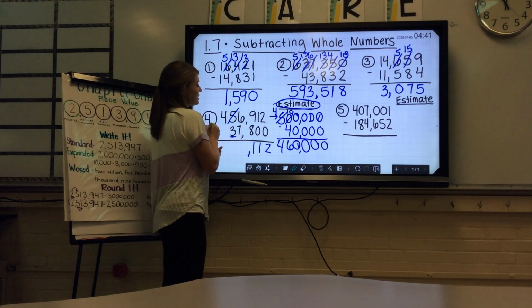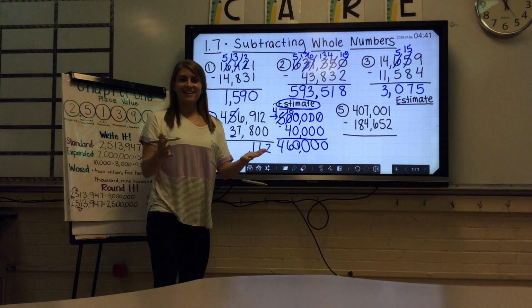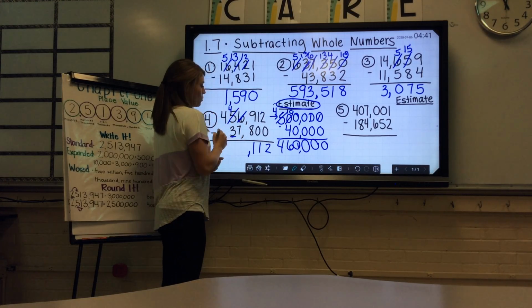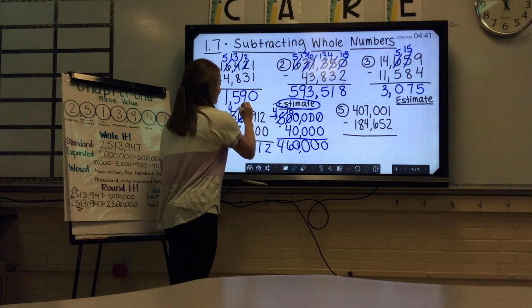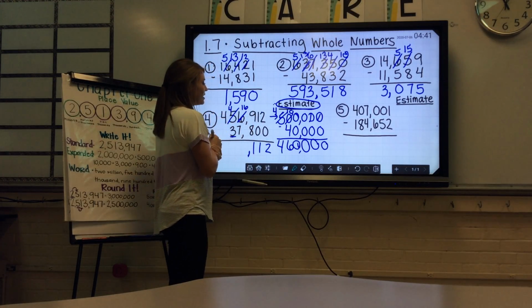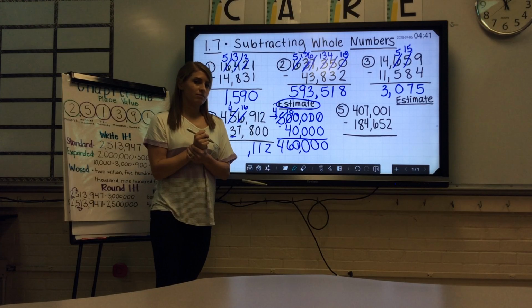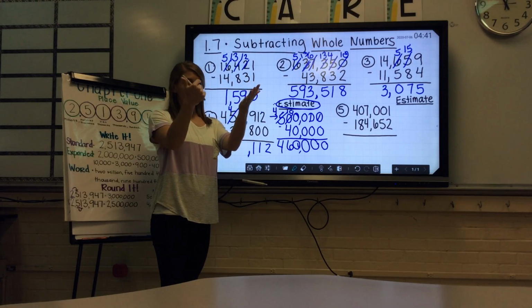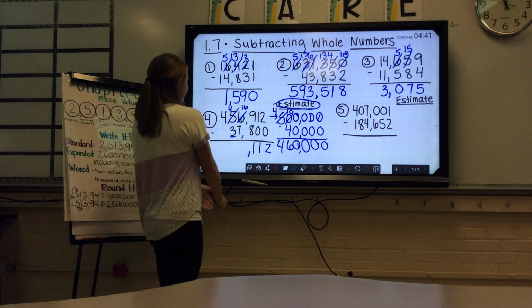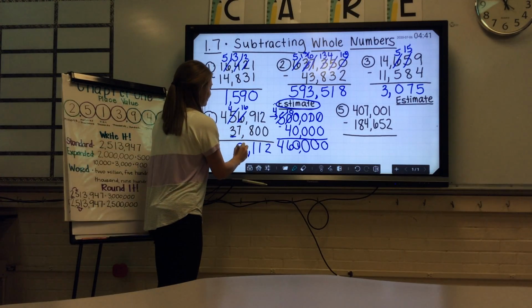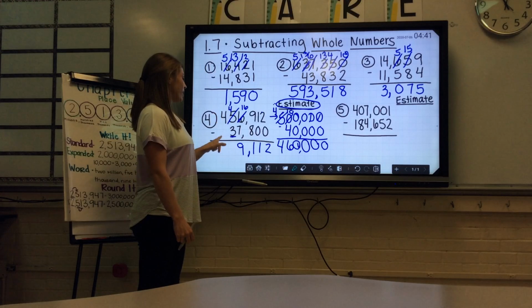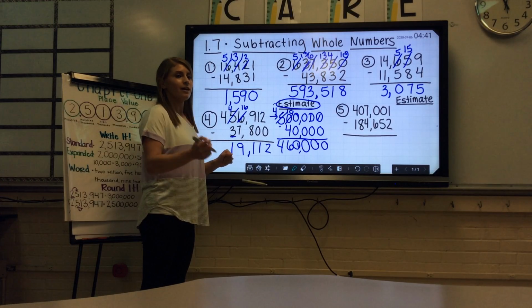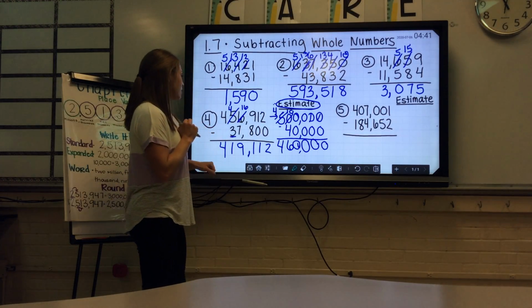So that 5 is going to now become a what? Exactly. It's going to change to a 4. And that 6 is going to now be a what? Right, a 16. So 16 minus 7 is, what is 16 minus 7? Think. 8, 9, 10, 11, 12, 13, 14, 15, 16. Very good. 9. 4 minus 3. 4 minus 3 is 1. Very good. And 4 minus 0 is? Very good. So my actual answer is